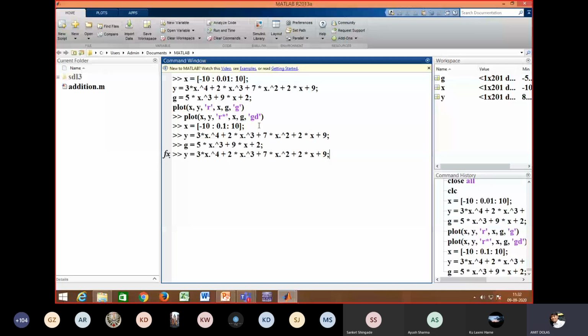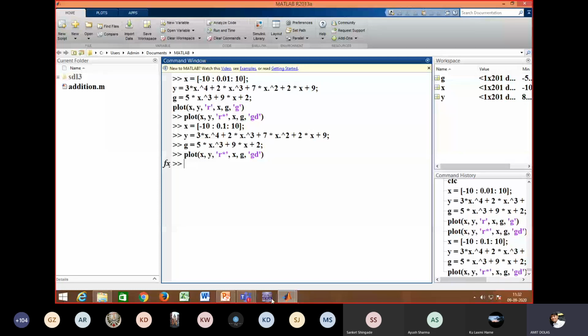Then we have to plot it with red color, Y will be with red color, star mark at every 0.1 interval, then G with green color with diamond mark after every 0.1 interval. Enter it. Let's see, is it working?